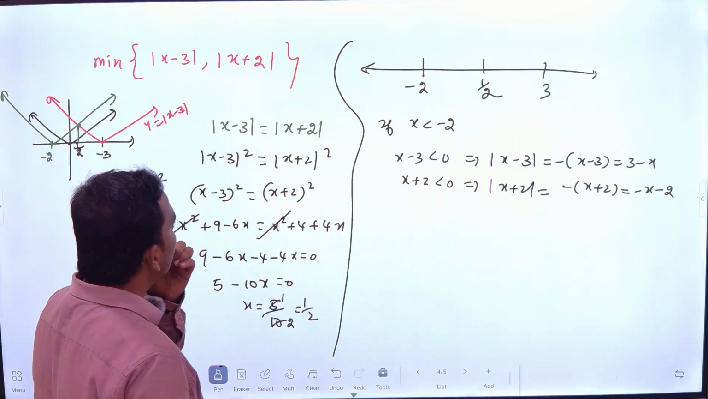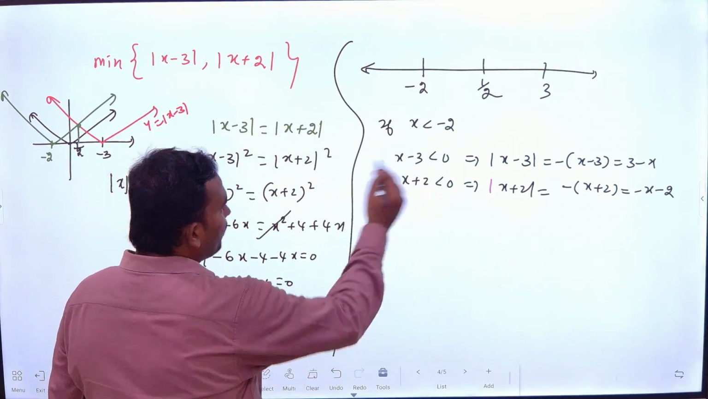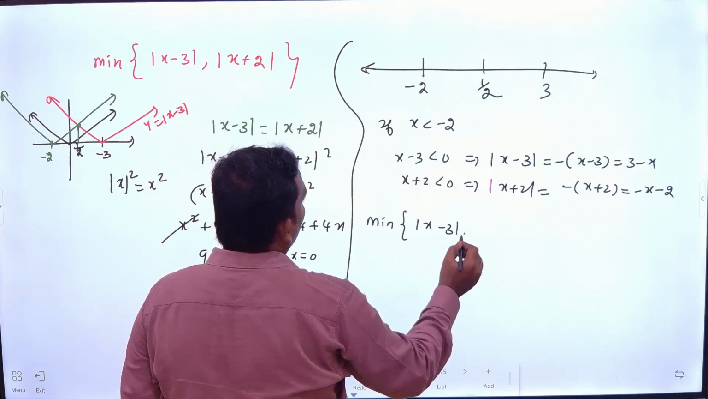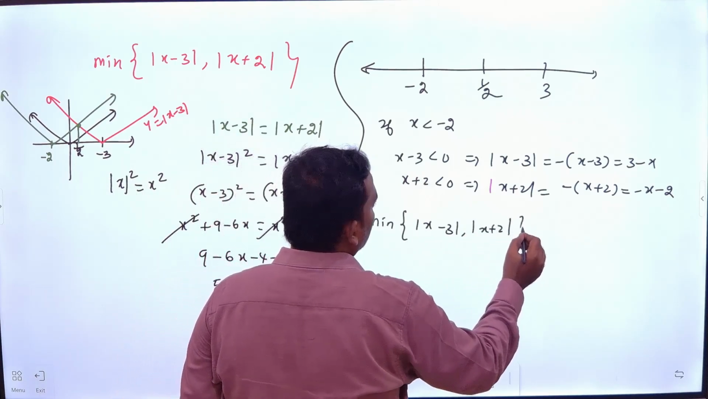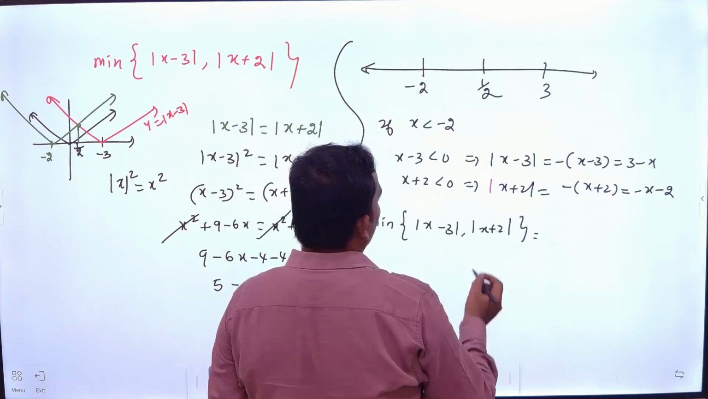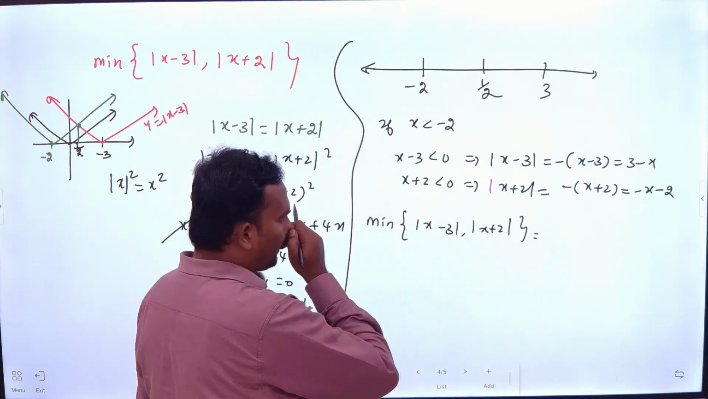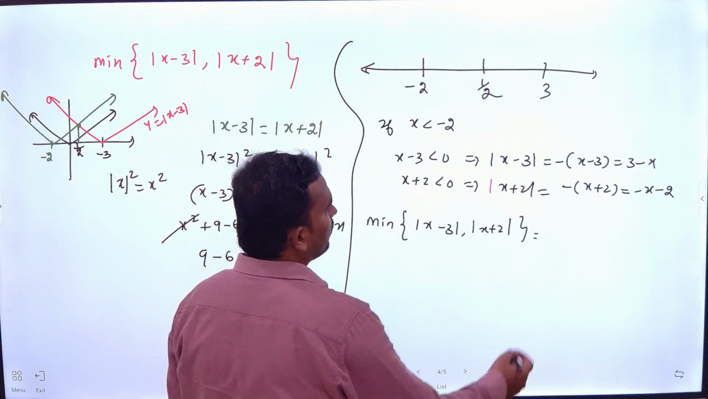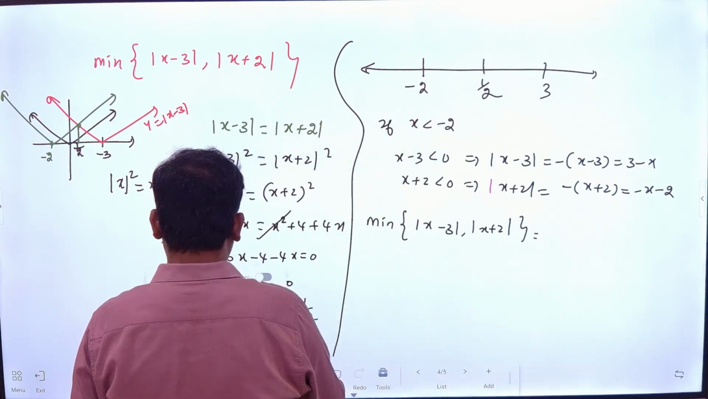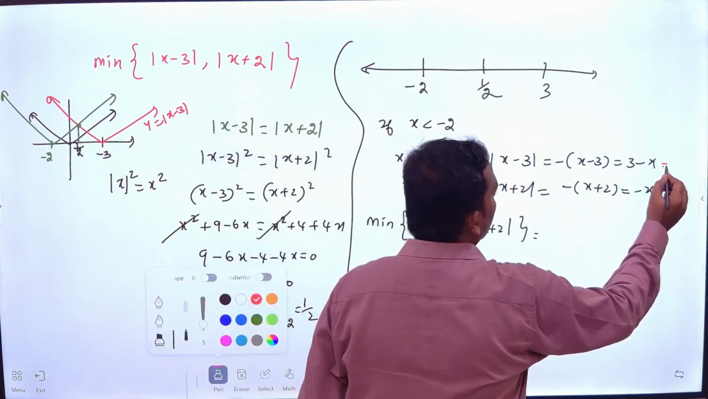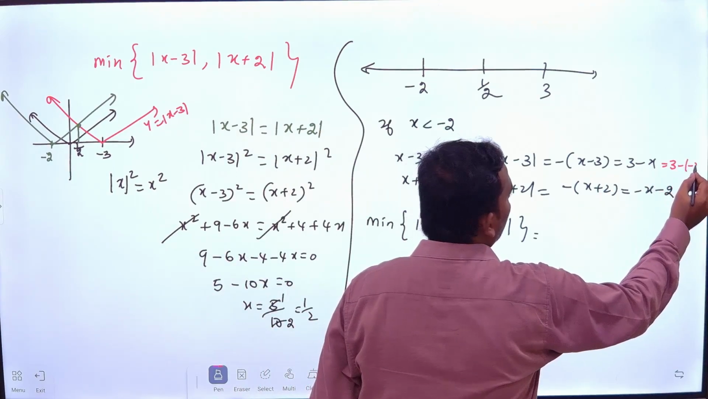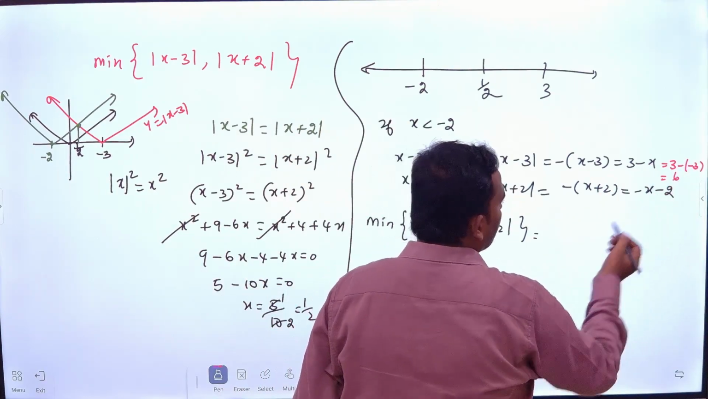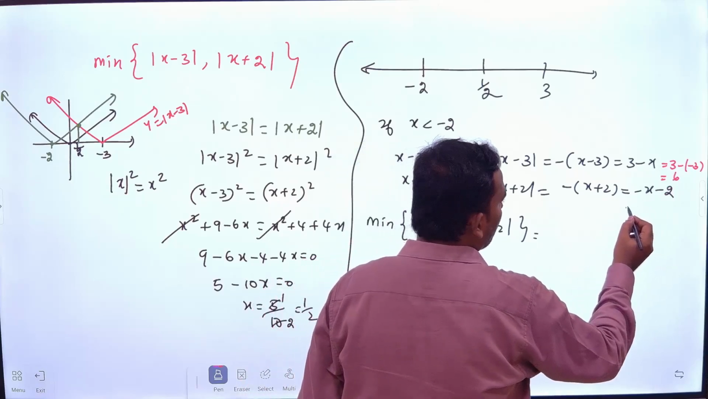Okay, good. So therefore, in this interval, what is the minimum? Minimum of mod x minus 3, mod x plus 2, how to write? Which is the minimum here? So you check. Let me take one point. Let's take minus 3. If you put minus 3 over here, 3 minus of minus 3 will be 6. If I take this function, if I put minus 3,